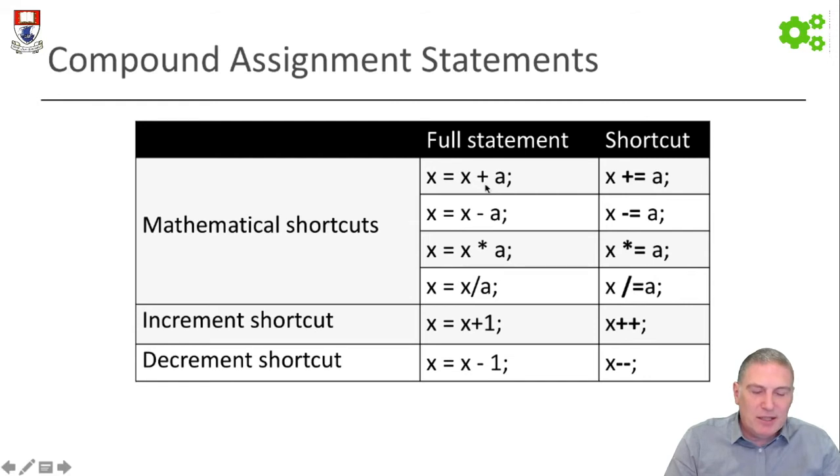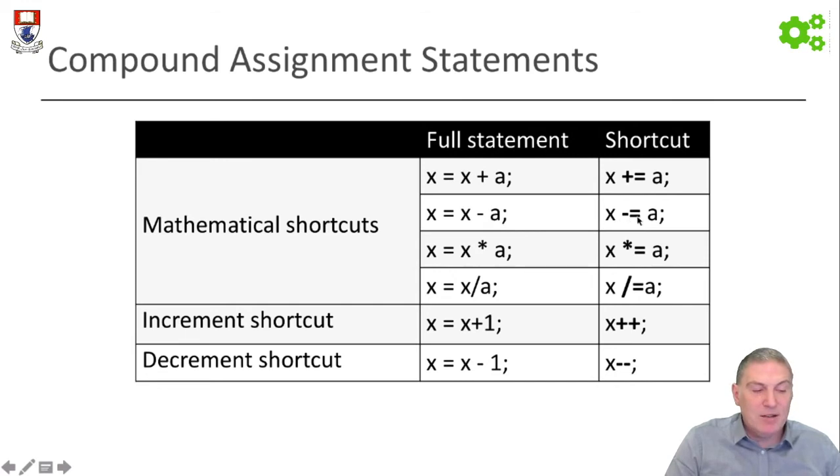The last day we looked at the arithmetic operators: plus, minus, multiplication and division. We also looked at the assignment statement, which is a variable and then the equal sign, but the equals doesn't mean equals, it means assignment. So here we're saying x is assigned the value x plus a. Okay, so we're happy with what that does. We've just completed an example where we said diameter is assigned the value diameter minus 10. So this is an example of that. And if we start with that example, another way of saying diameter is assigned the value diameter minus a is to say